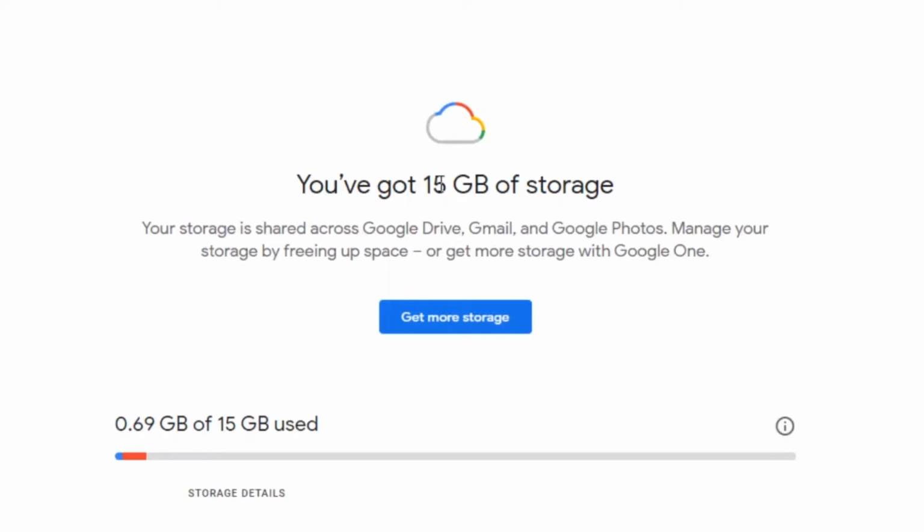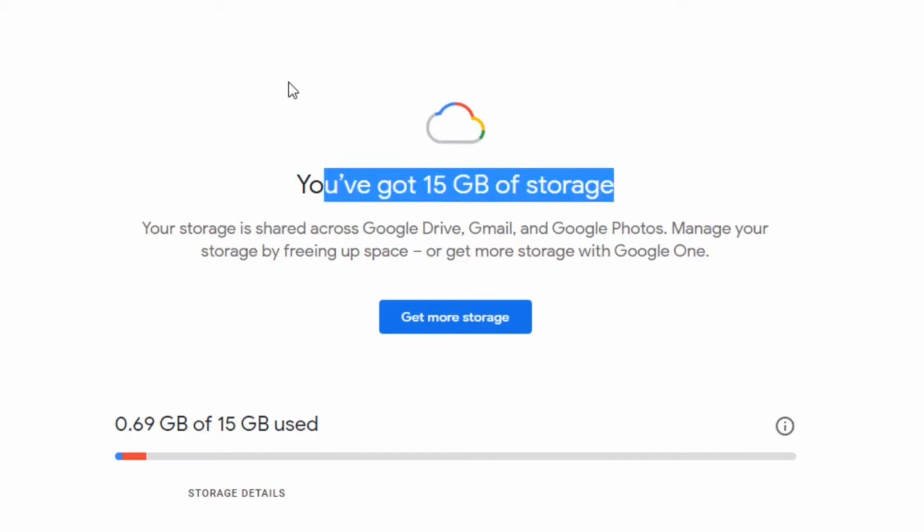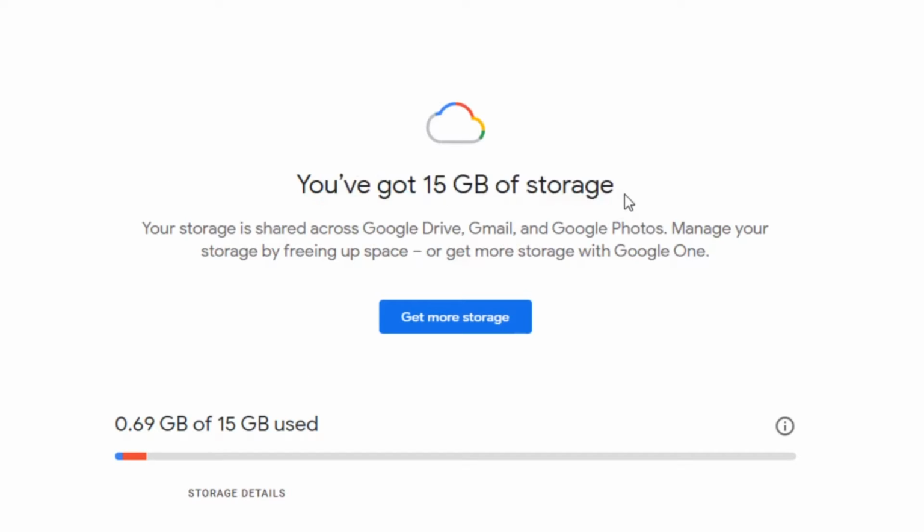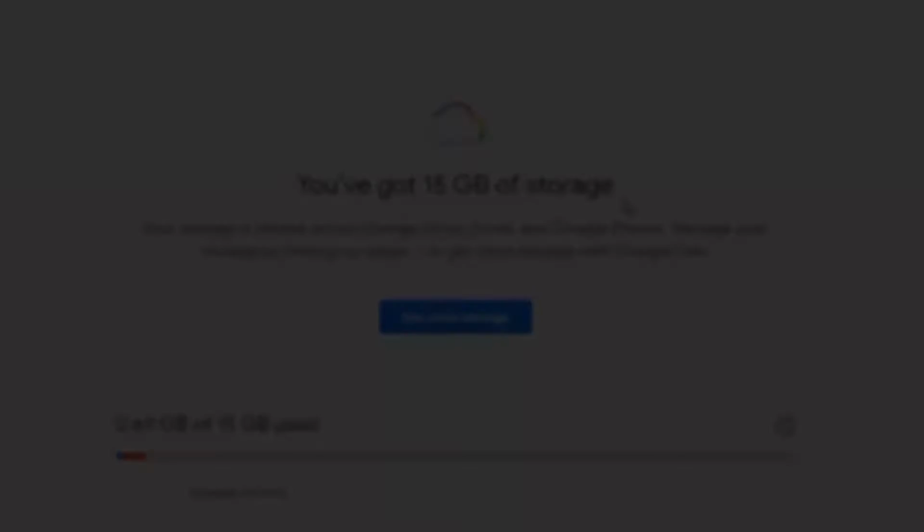Storage and Pricing. Every Google Drive user gets 15 gigabytes of free storage. However, any data you have saved in Google Photos also counts towards that limit. So if you are using that to back up your pictures, you may not have a ton of room left